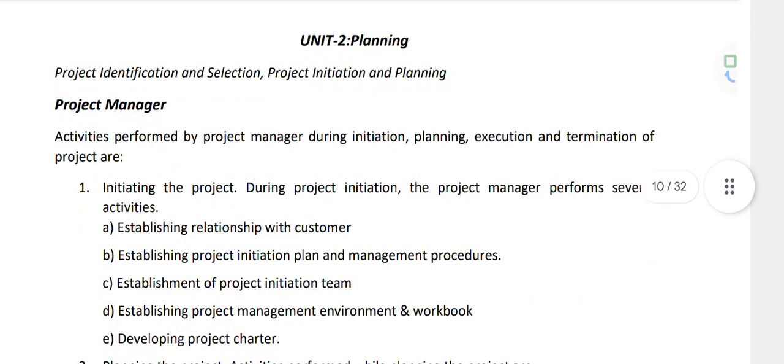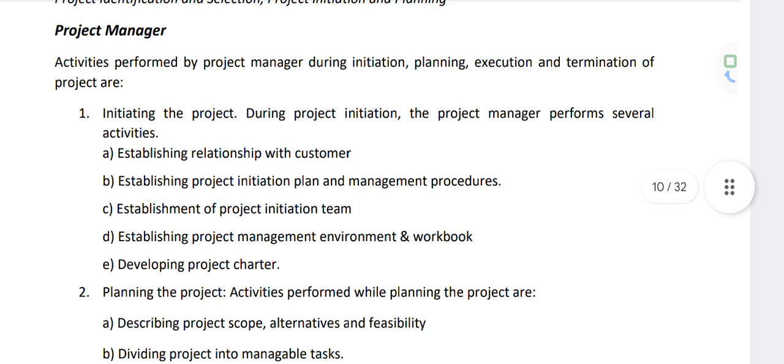Project manager, the activities performed by the project manager during the initiation, planning, execution, and termination of the project. Initiating the project. During initiating the project, the project manager performs several activities: establishing the relationship with the customer, establishing the project initiation plan and the management procedure, establishment of the project management environment and the workbook,